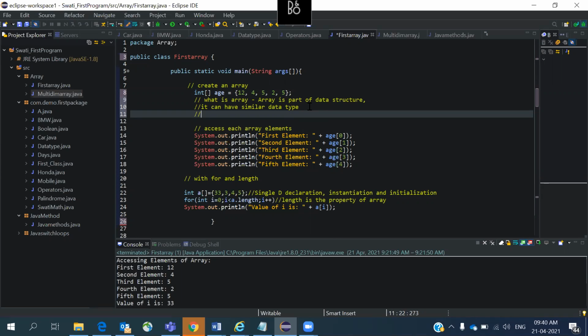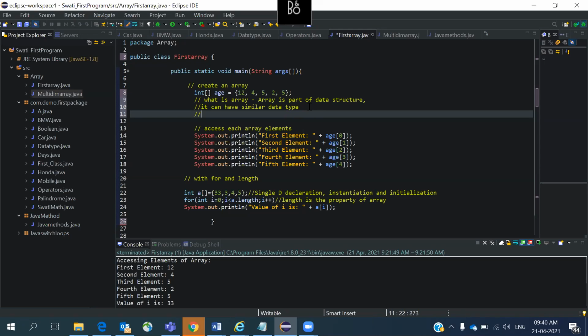So in an array, I have a similar data type. If I have defined int, I can store only the int data type. If I have defined string, I can take only the string data type. That's the challenge. But in Python, we can have a list where we can store multiple data types. I'm just giving a contrast so that you can understand quickly. So in an array, we can store a single data type.